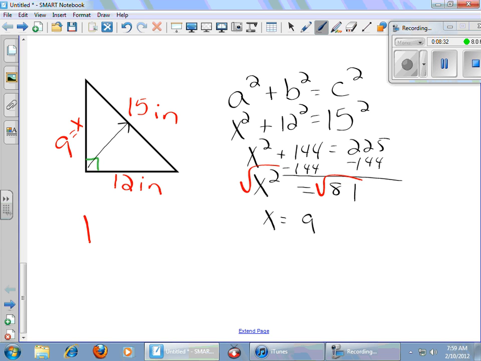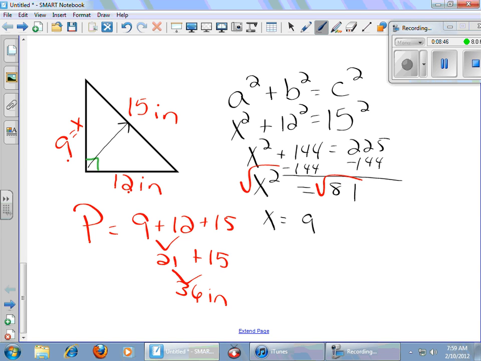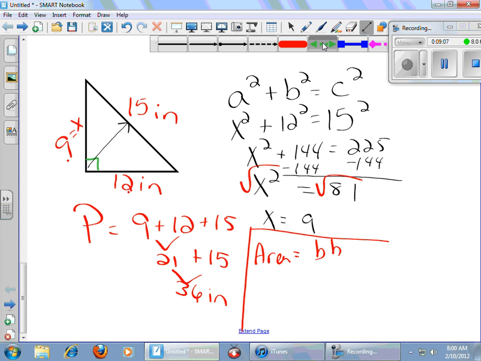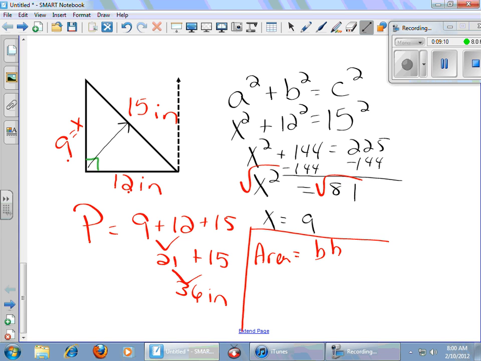Okay, so now I can do my perimeter. 9 plus 12 is 21. That's 21 plus the 15. Looks like it's 36 inches. All right. Area. I'm going to use base times height again. But isn't a triangle half of a rectangle or half a square, right? Or half a quadrilateral? So if I multiply base times height, I'd be finding the area of a square or a rectangle. See, I'd be finding the area of this whole thing when I only want the area